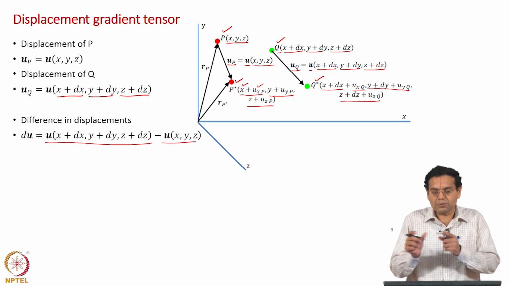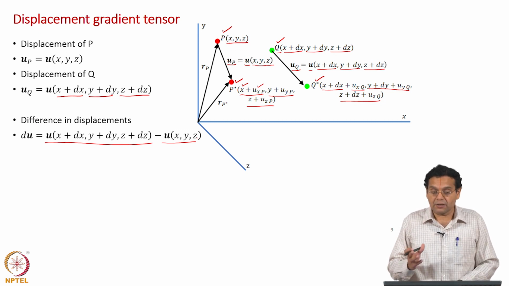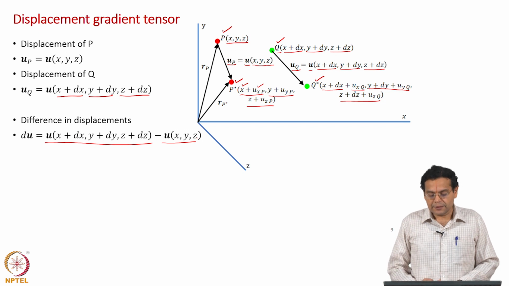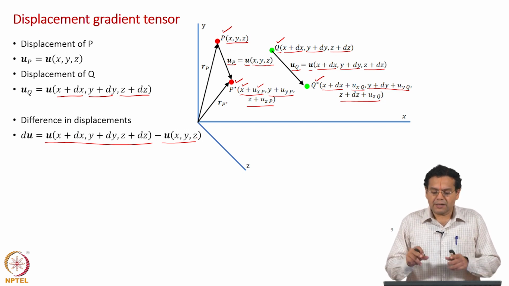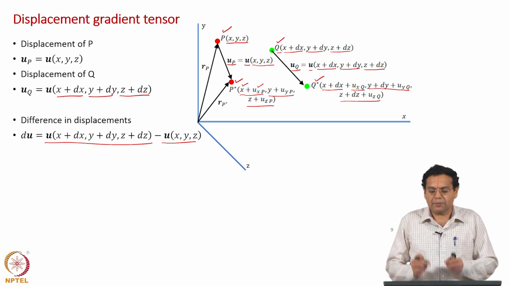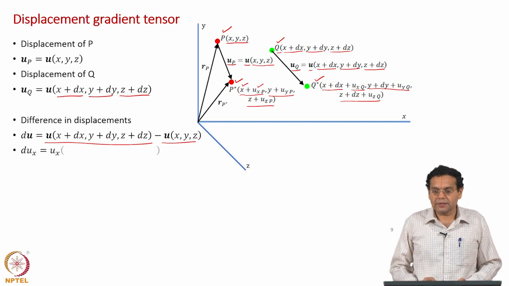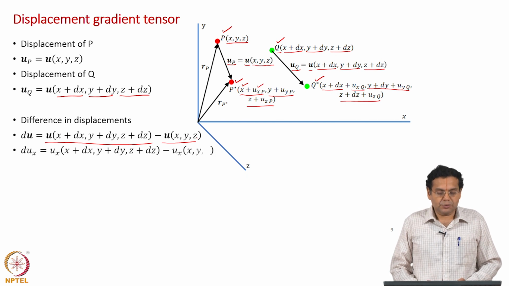So, we are looking at 2 points. Of course, here it is shown, remember these points are in a plate which has undergone rigid body motion and deformation. And remember the points here are shown far away, but they are very near neighboring points. Now, instead of working in terms of the vectorial difference, which is a little difficult, let us work in terms of components. So, let us now focus on the x component of the previous equation. What does this equation tell you? It tells you the difference in x displacement between p and q.